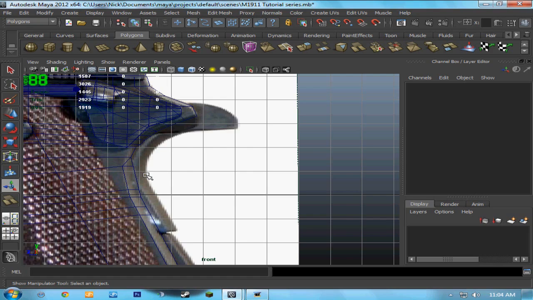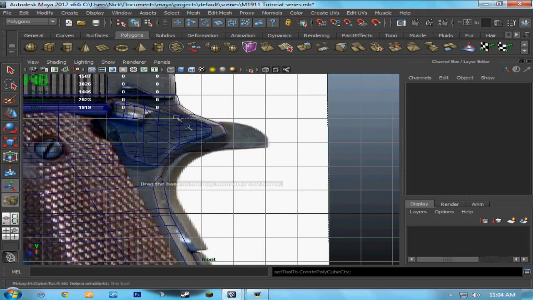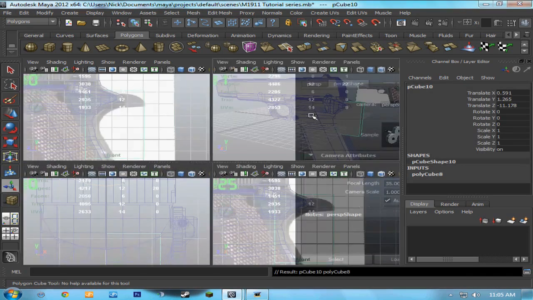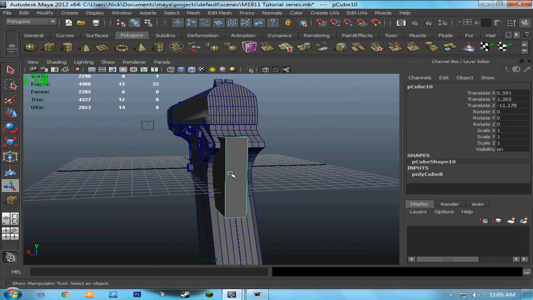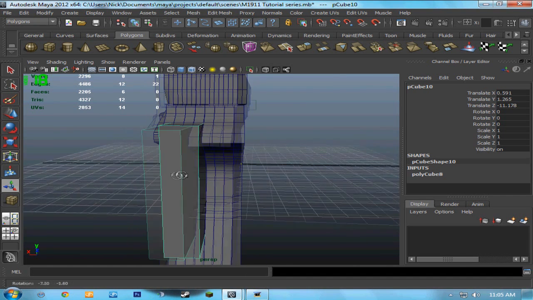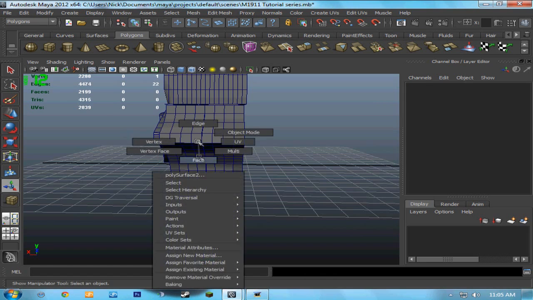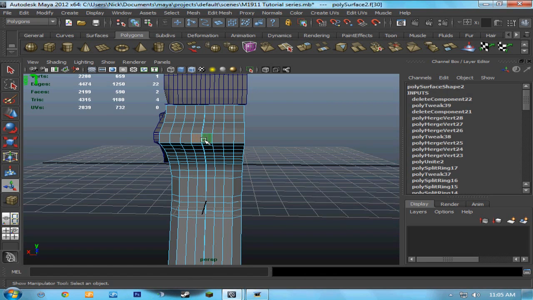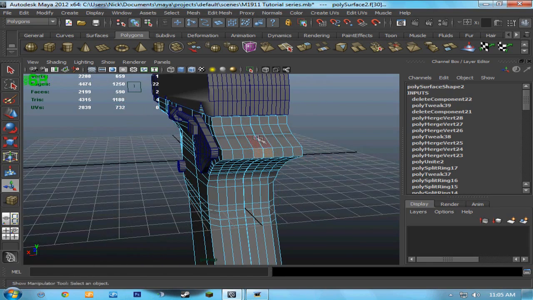So go ahead and add a cube up all the way up here, because that's part of it. And actually, before we do that, we can go to face and get rid of, well, not get rid of, but extrude the faces all the way up to